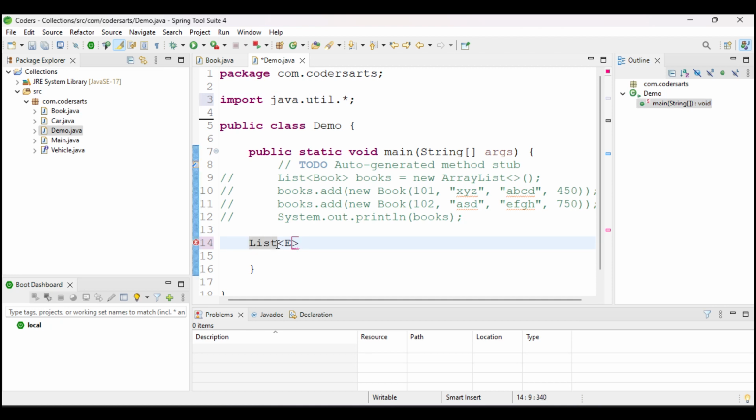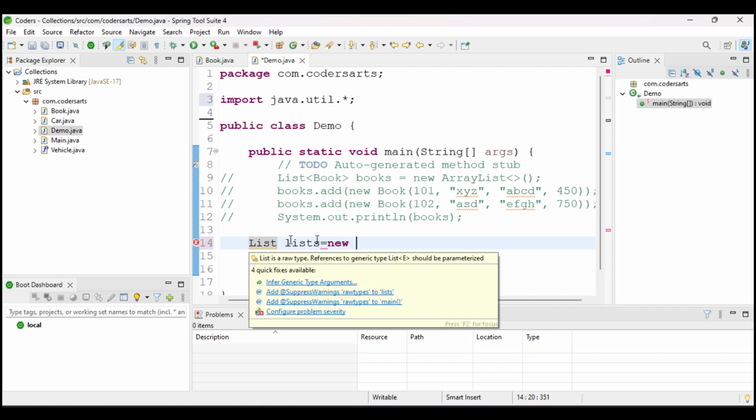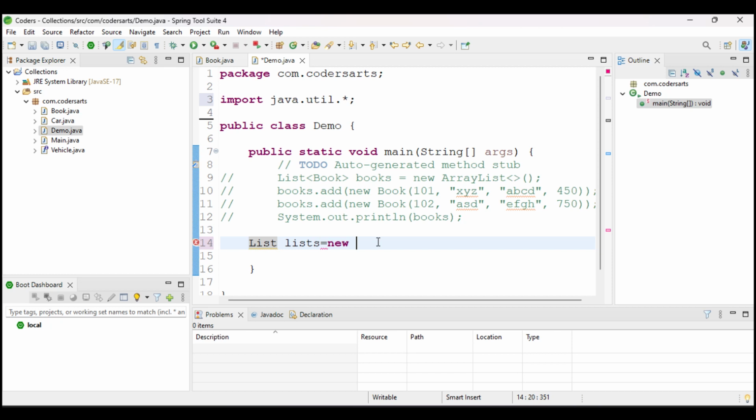Then after that, we give the data type in angle brackets. So we have to give a data type, and I am using the String data type. If you don't want to give the data type, we just remove this, and we give a variable name. So I am giving the list variable name, equal to, and then the new keyword, because we are creating a new list. To create a list, we have to use its classes, because we are using the interface. So I am using the first class, that is ArrayList,